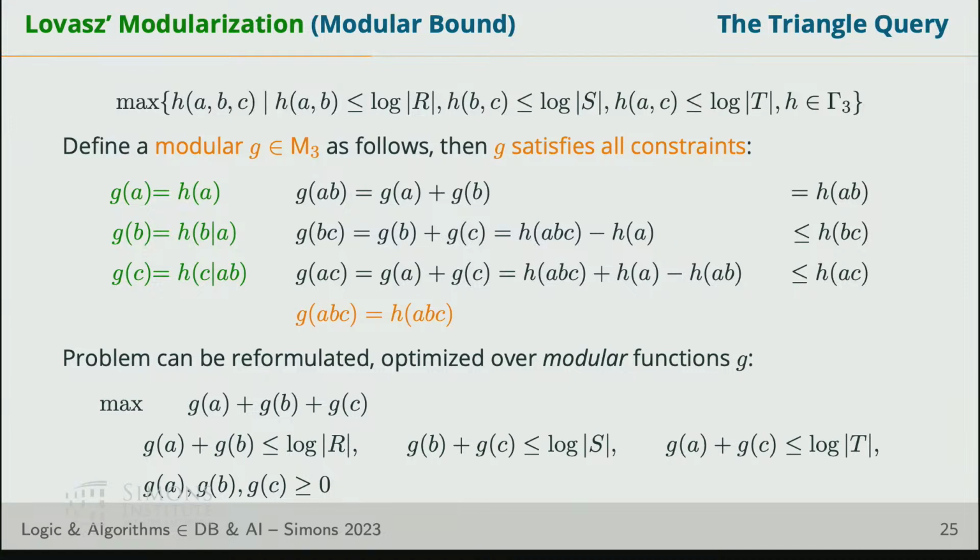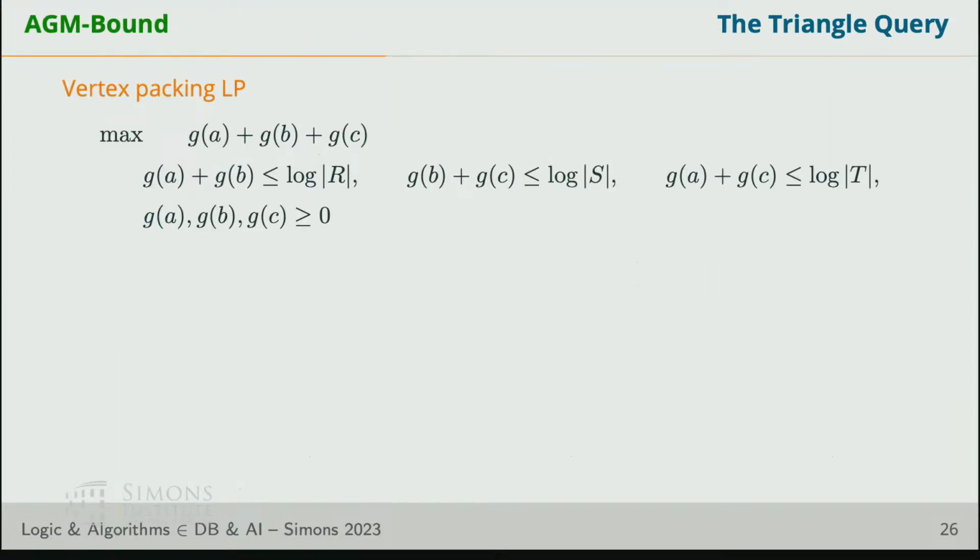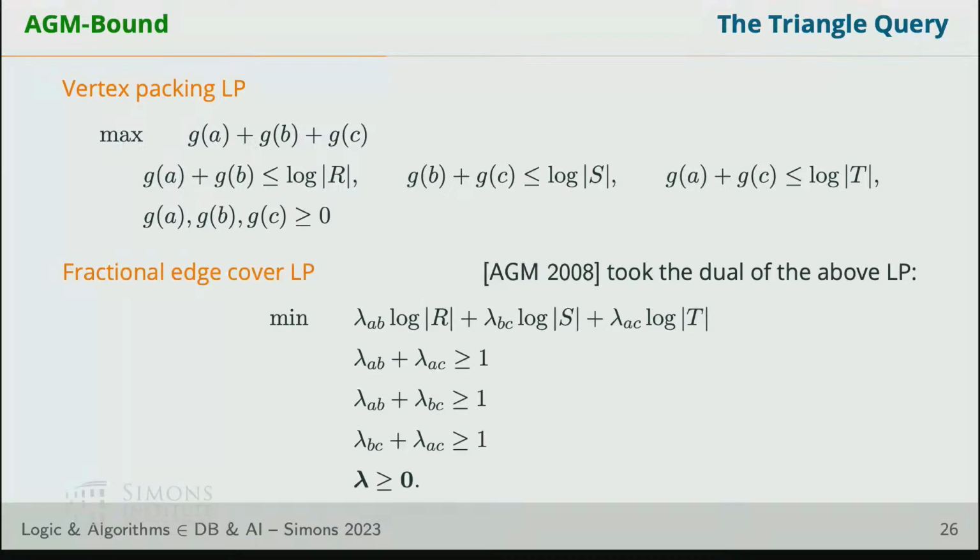And because we can solve this over the modular functions, the linear program now has only polynomial size, because there's only one variable for every variable of the original problem. This is a lot easier problem to solve. Okay? So that's the modular bound. And if you write that down, this is nothing but a vertex packing linear program. If you take the dual of that, you will get a fractional edge cover linear program,